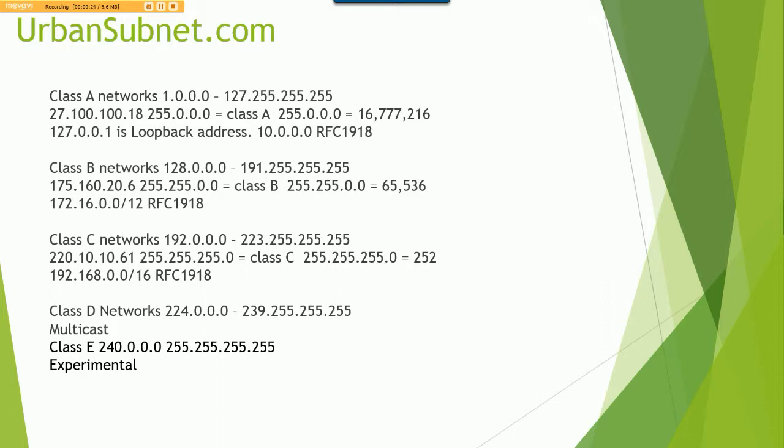We have a class A network that has a range of 1.0.0.0 through 127.255.255.255 right here. So this is your class A network range. The network number in a class A network is the number of the first octet. A class A network has a subnet mask of